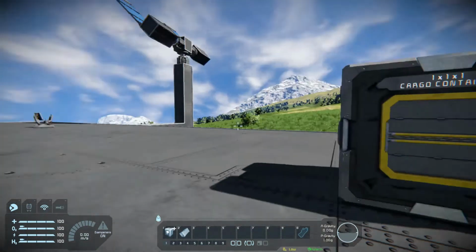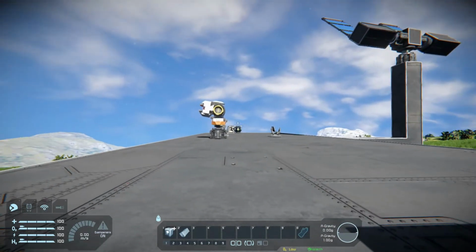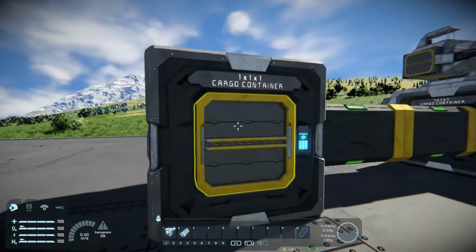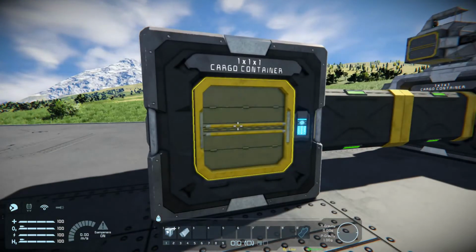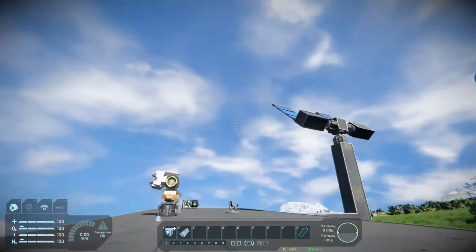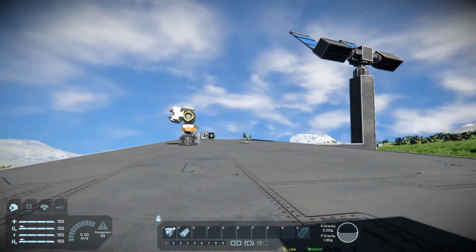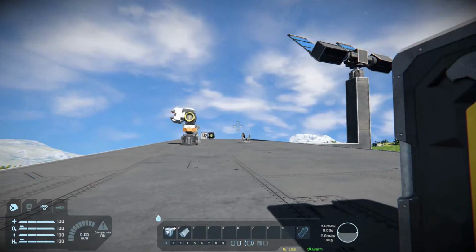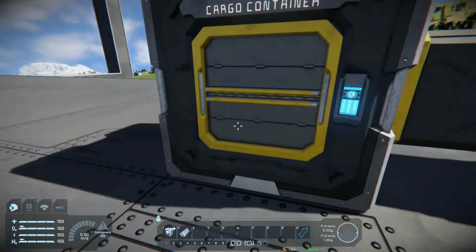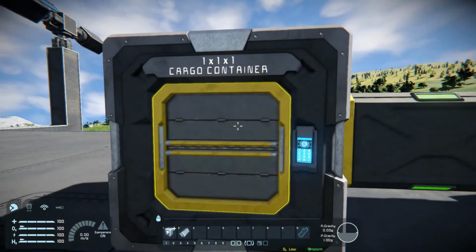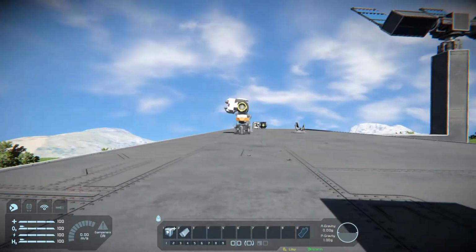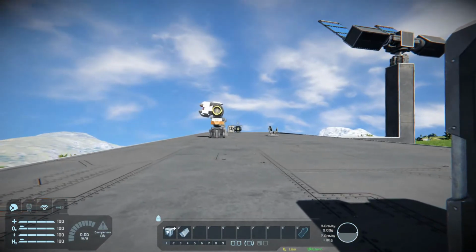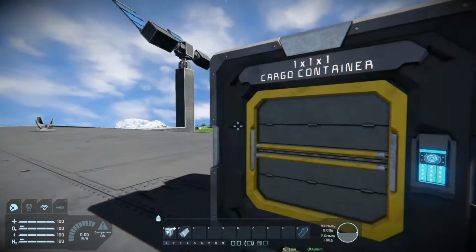You can use it to keep a certain amount of uranium in reactors, because right now if I would run a pipe from here over to that reactor and I would put uranium in here, if I'd put 100,000 worth of uranium, all 100,000 would attempt to be pumped into that reactor. What if I don't want all that in there? What if I only want, say, 10,000 in there and the rest in the cargo containers so I have easy access to it? Well, I can just simply tell Tim to put 10,000 uranium in a reactor, and